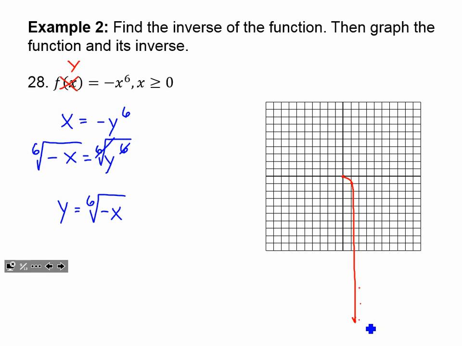Now you may be thinking, oh, a negative under an even indexed radical, I can't allow that. Well, we can. As long as the x's are negative, then I'll be taking a negative negative underneath. So here, as long as I allow x inputs that are less than or equal to 0, then I'll be having a negative negative, or a positive, happening underneath that radical.